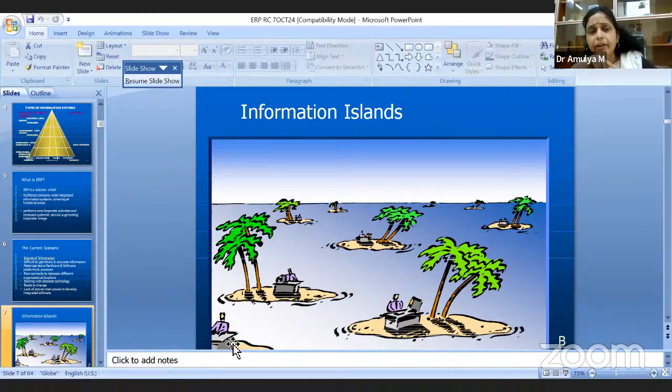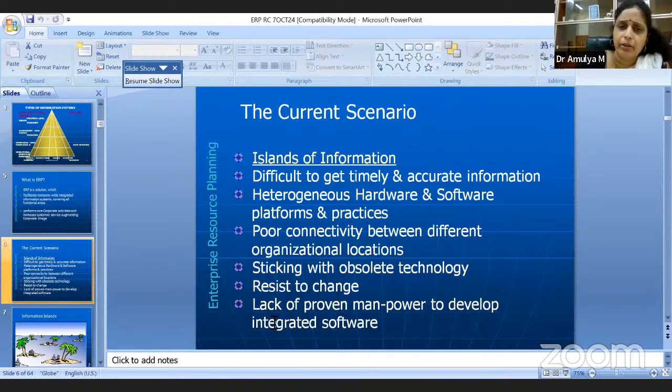All these are the things. There were islands of information where, in the older system, people had to make difficult connections, and there was no accurate information available to reach the customer, the suppliers, partners, the production, and the finance or HR. All this had a problem. Along with the Y2K bug, we had all this integration problem. There were so many hardware and software.